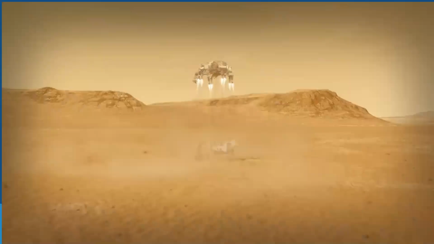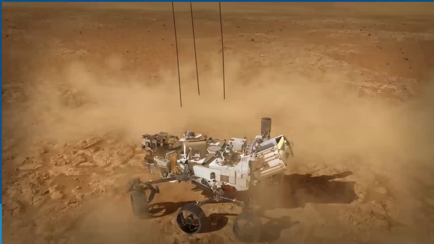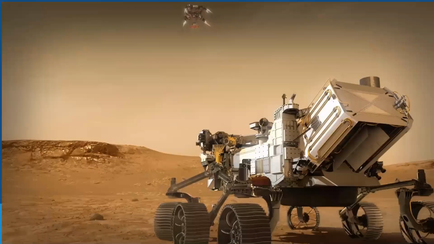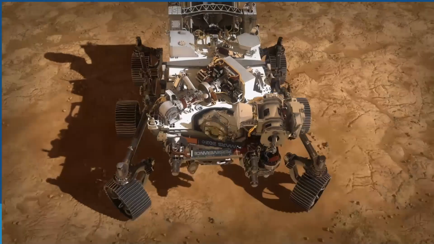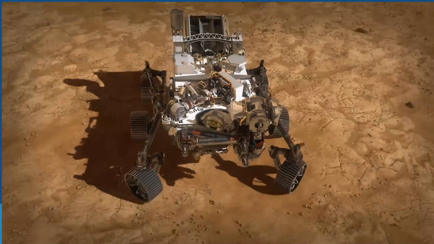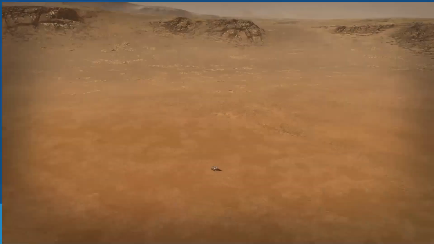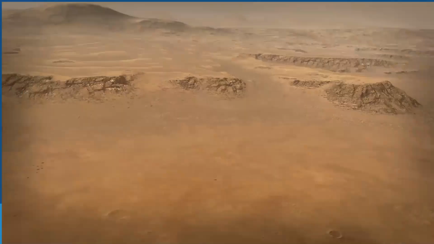Once the rover has hit the ground, the descent stage will cut loose from the rover and fly away to a safe distance. Surviving that 7 minutes is really just the beginning of Perseverance. Its job, being the first leg of sample return, is to go look for those signs of past life on Mars. All that can't start until we get Perseverance safely to the ground. And then that's when the real mission begins.